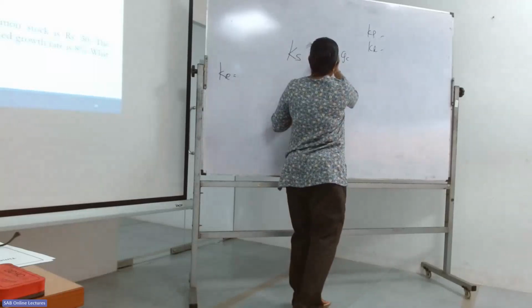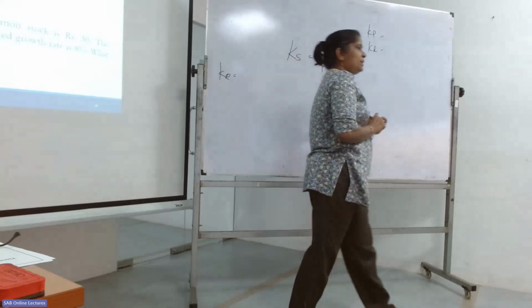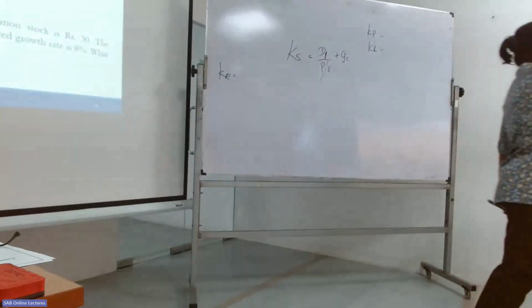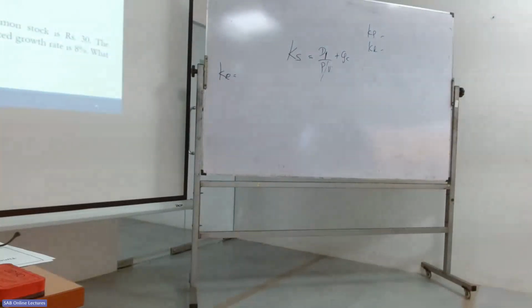D1, this is D1. D1 means immediately after the next period. So this is just paid. In the question, if you are given just paid or recently paid dividend,